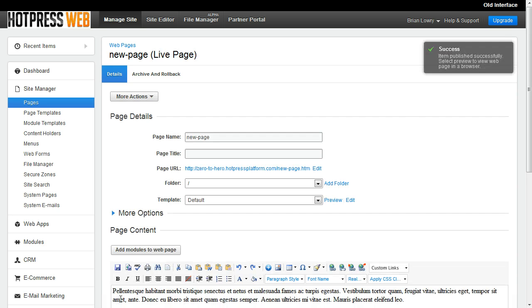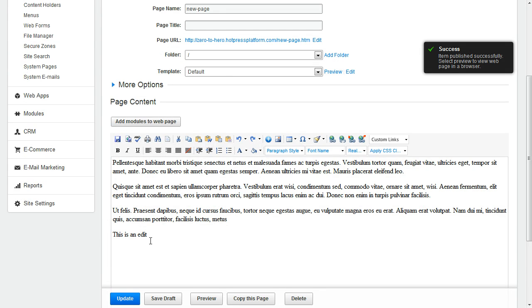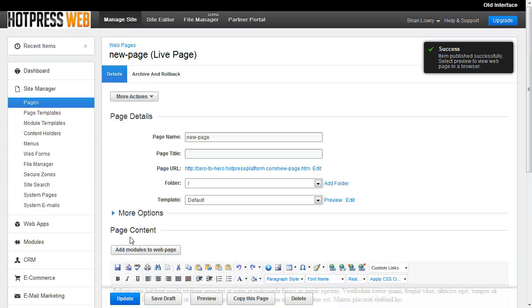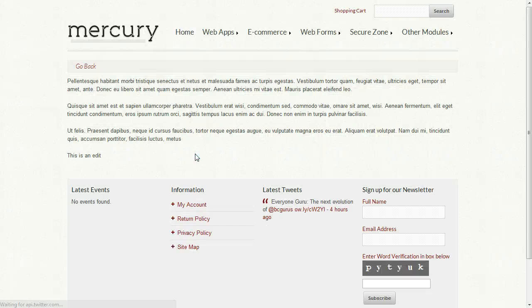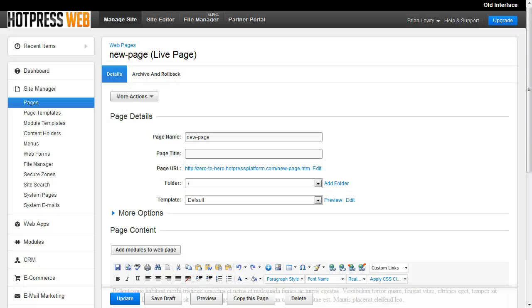So we click publish. Now we have our page here. It does not have the photo gallery in it anymore. We can confirm it by previewing the page, and hopefully using this feature your client is going to be able to fix their major mistakes. And they're not going to feel like they have to contact you and wait a few hours or a day until you can fix it, and they're not going to have this extended period of time with a broken web